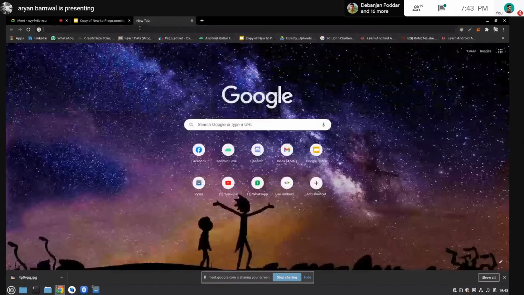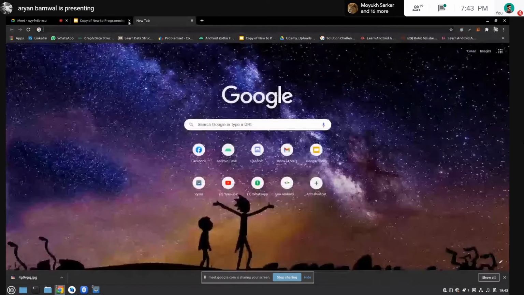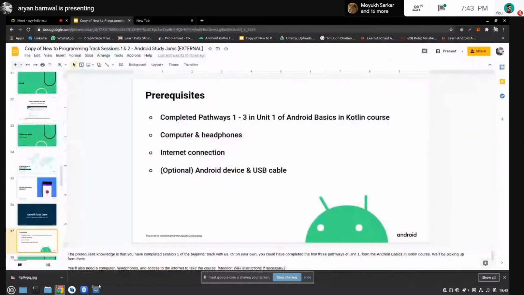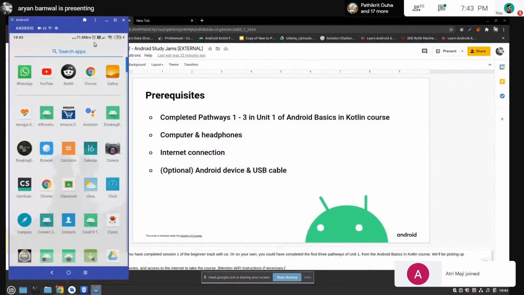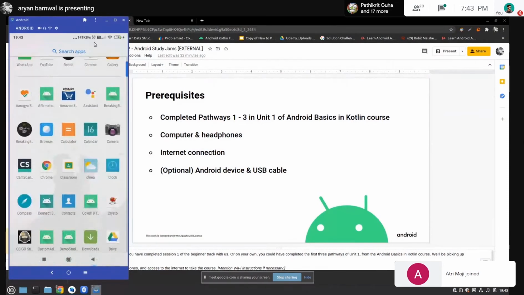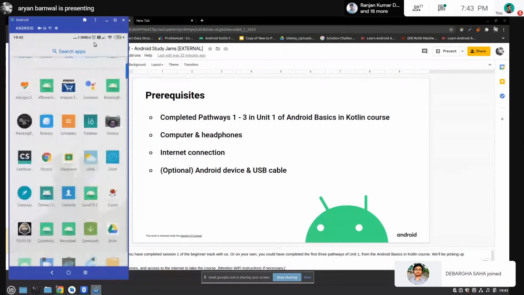First, some people asked me that they can't connect their phone to Android Studio, so I will show you how to do that. This is an app known as Visor. What does Visor do? Visor just casts my phone screen on the laptop. You can see what I'm doing. I'm just scrolling it.